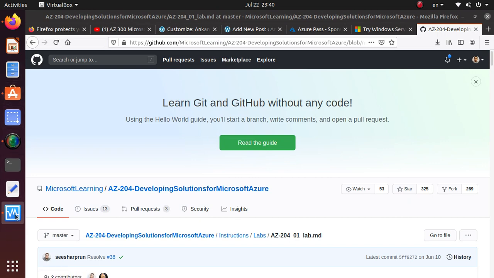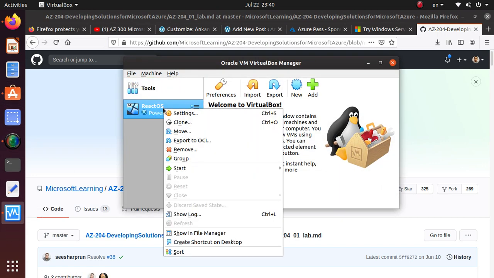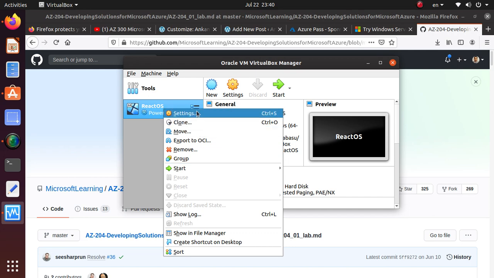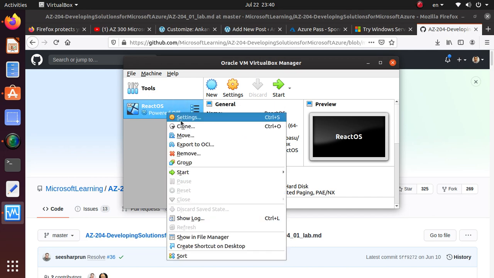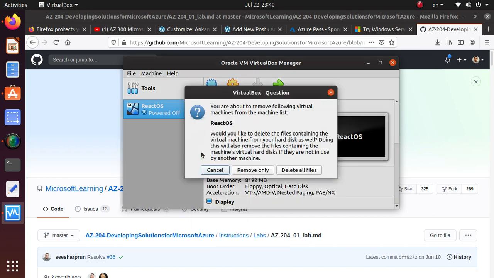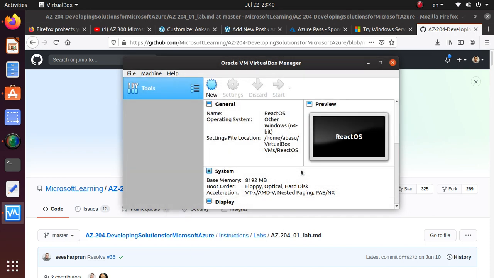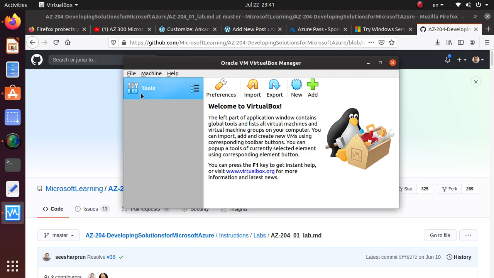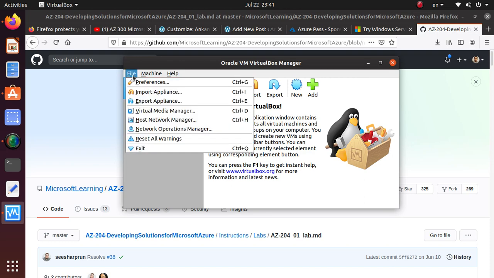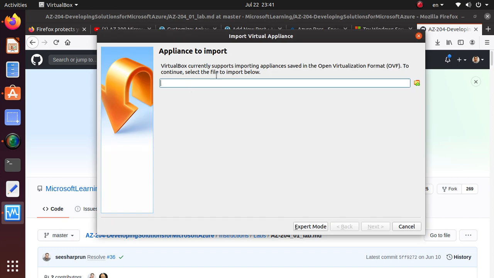If I open up my VirtualBox instance, I really don't have too much. What I have, I can get rid of. Let's see, delete. Where is my delete, remove? I don't need this. So delete all files. So now I have nothing. And over here, what you need to do, I think for this one, I'm going to go with